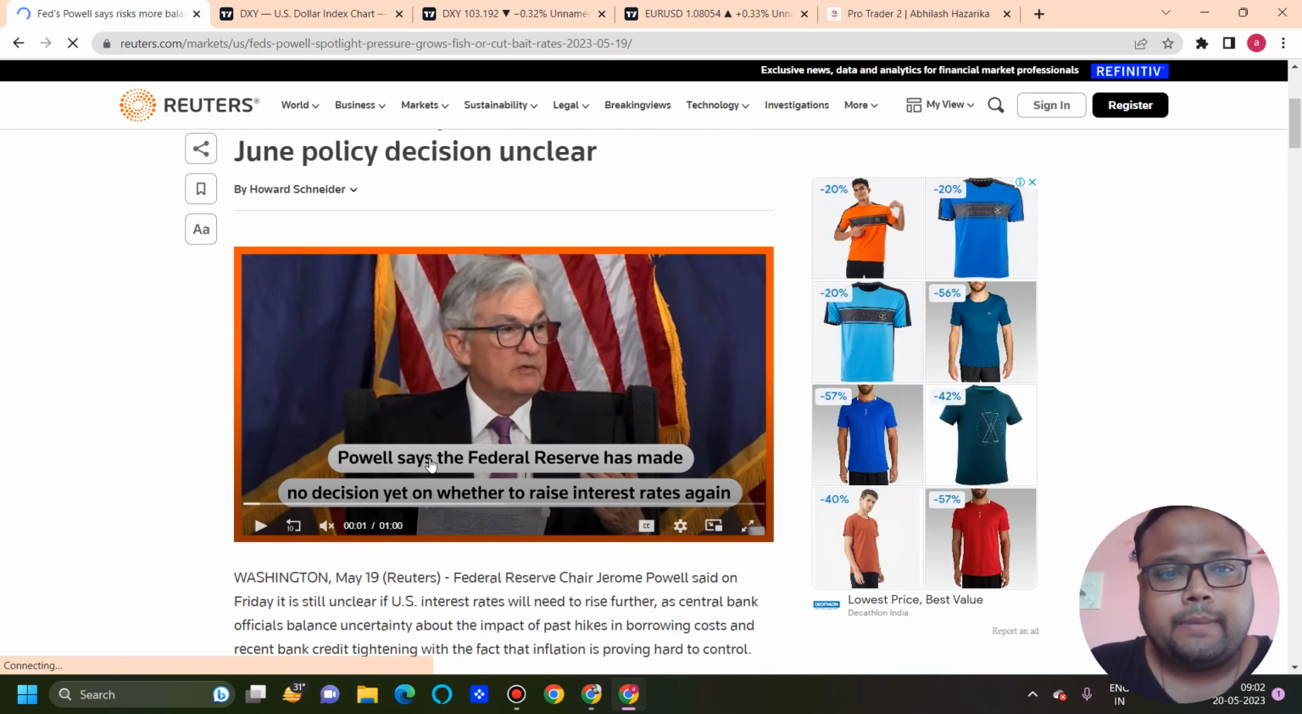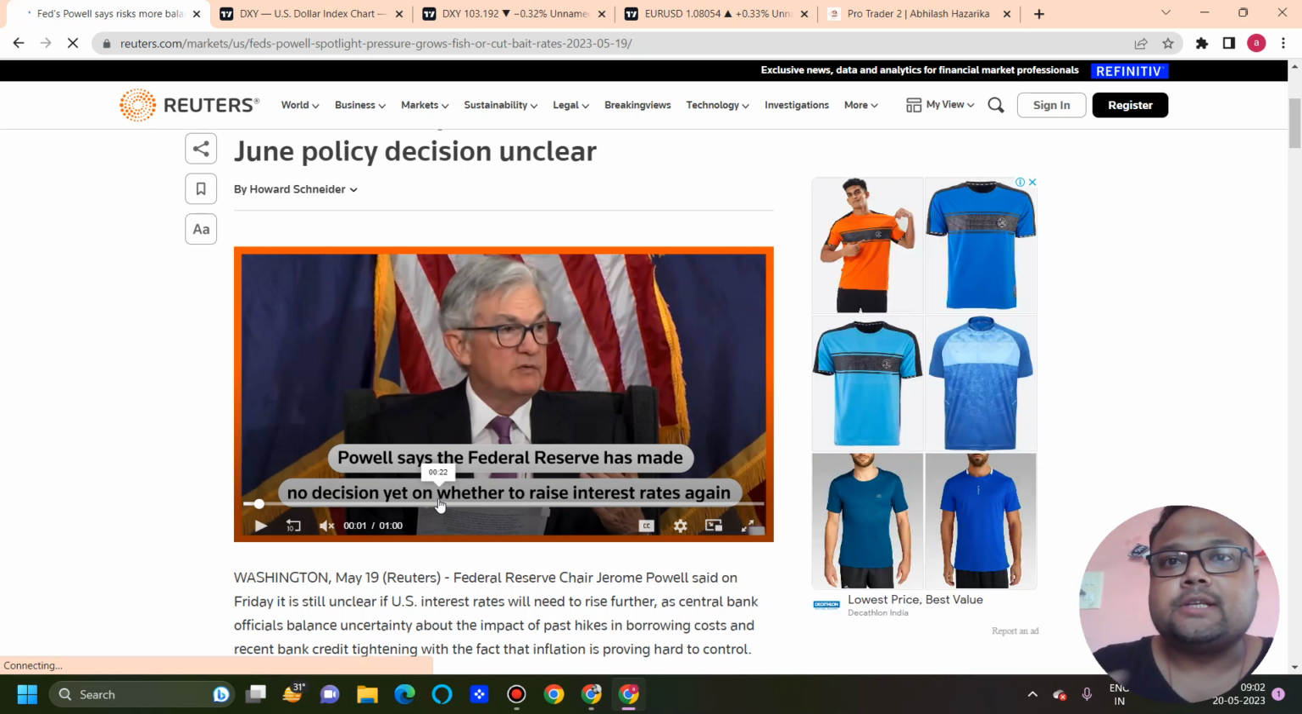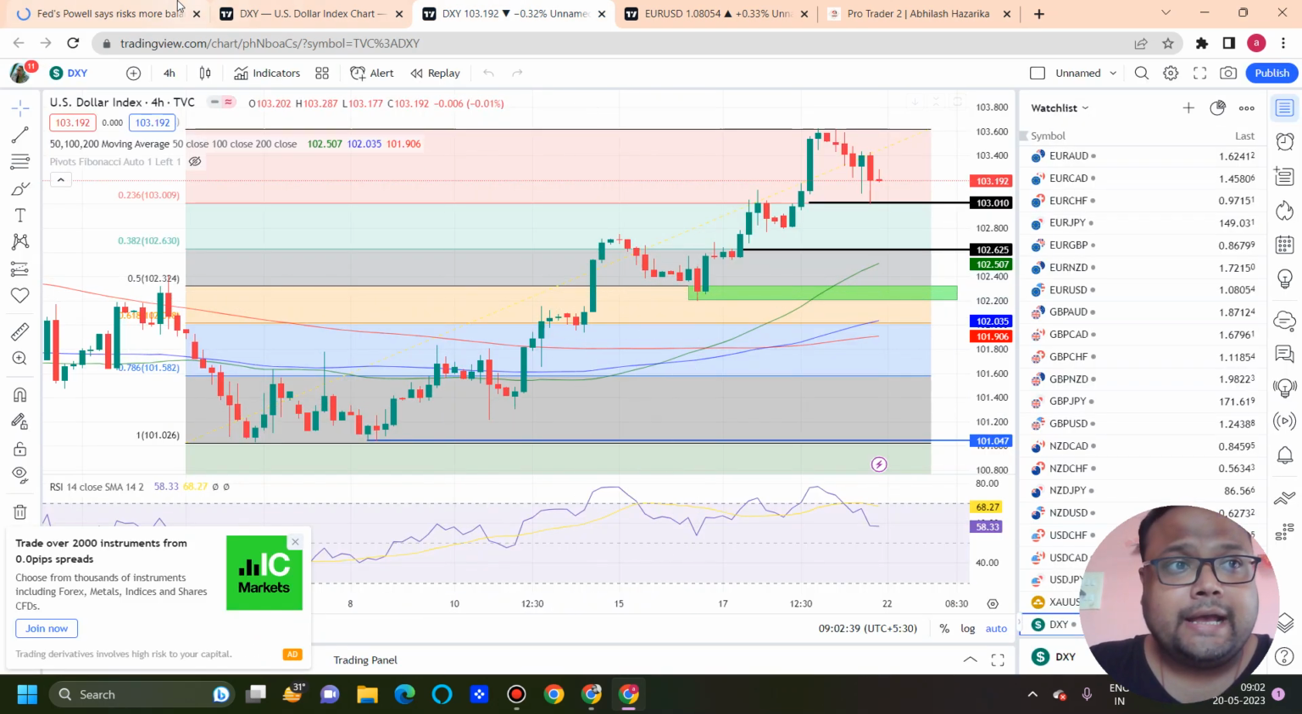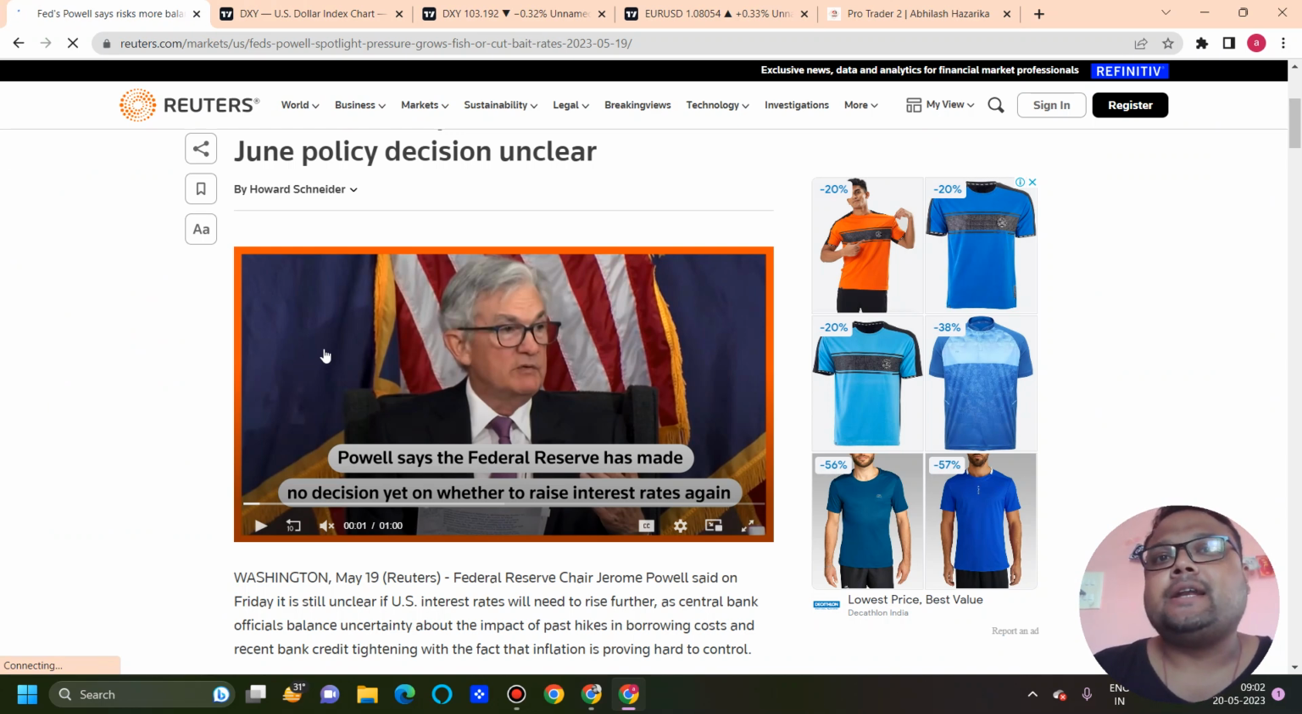here Powell says the Federal Reserve has made no decision yet on whether to raise interest rates again. And for the last couple of days, market was bullish on interest rates, as a result of which we saw strong recovery on the chart of DXY. And as the news has changed right now, as the Fed has declared that they have not made any decision,